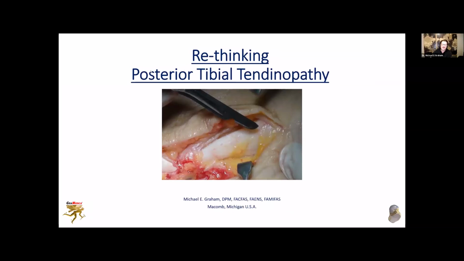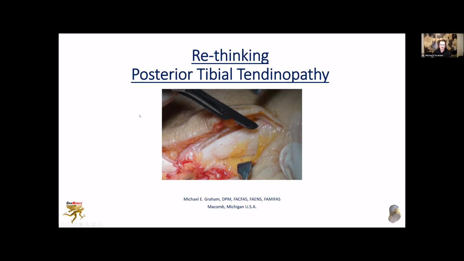Welcome to the webinar series today on rethinking posterior tibial tendinopathy. This is a disease process that is extremely common. Unfortunately, most people have to wait until their foot is almost completely collapsed before they are given a real treatment, a real surgical option. Anyway, what I've done is reviewed the literature, and I want to give you a different perspective